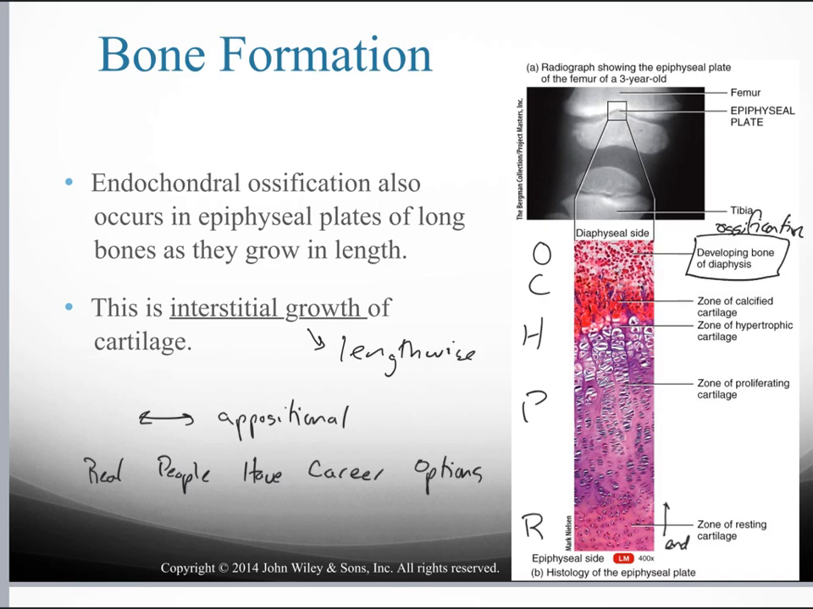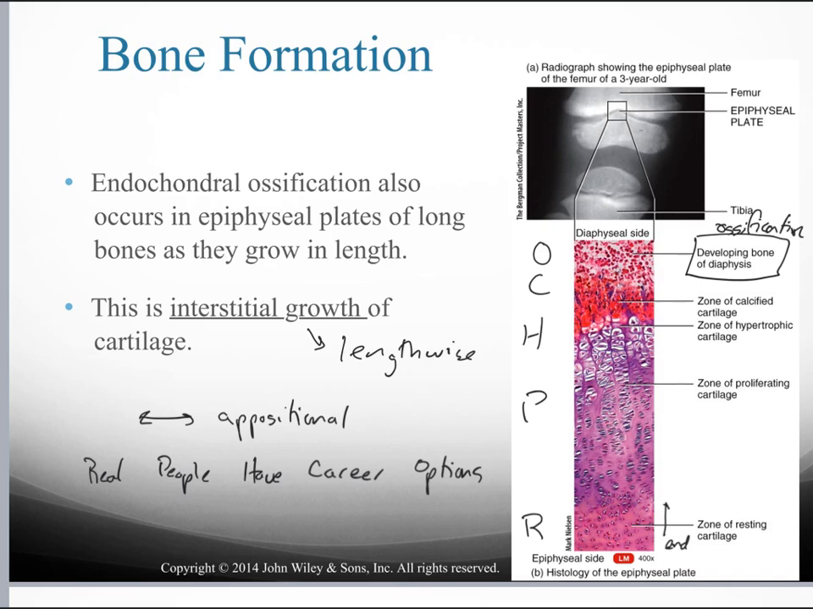So now let's talk about what's occurring within each and every one of these regions. We'll start with the zone of resting cartilage. In this zone, it's called resting because nothing's really occurring. This is unmodified hyaline cartilage. Now for the second region, the zone of proliferating cartilage, this is where the chondrocytes become active. They undergo rapid mitosis and start stacking in columns. Now this is influenced by the release of growth hormone, and when we do the endocrine system in Anatomy and Physiology 2, we'll go over this hormone,